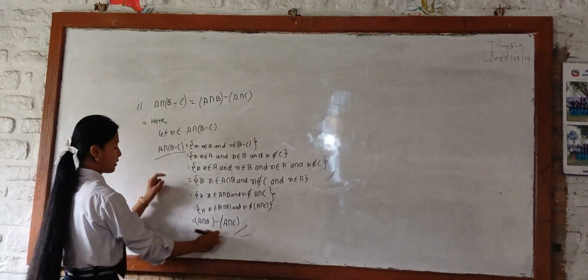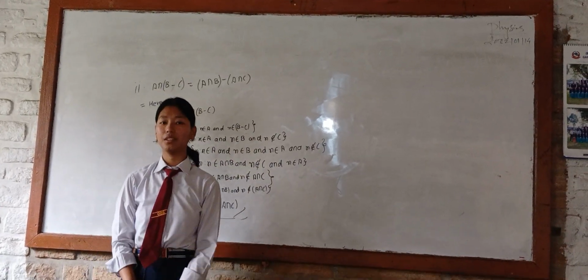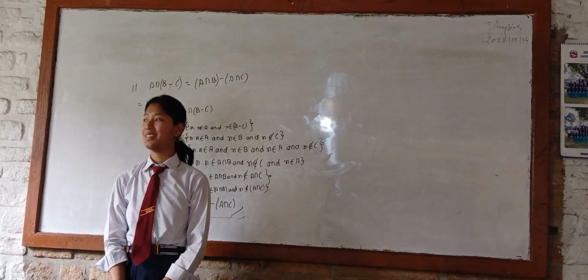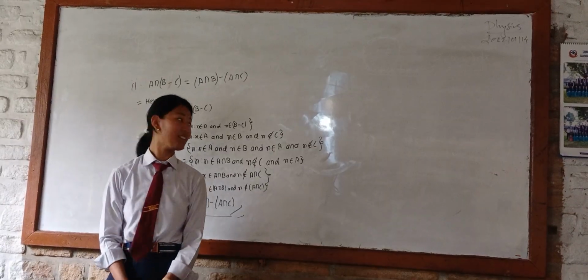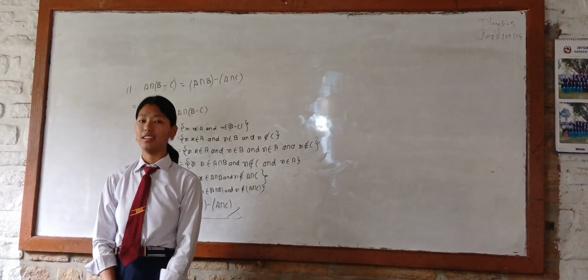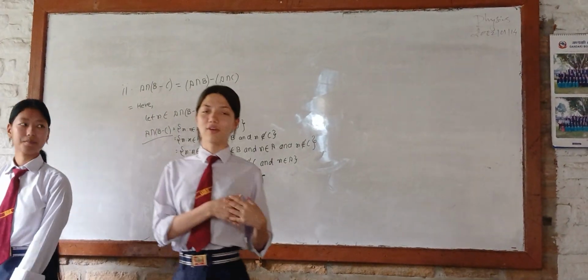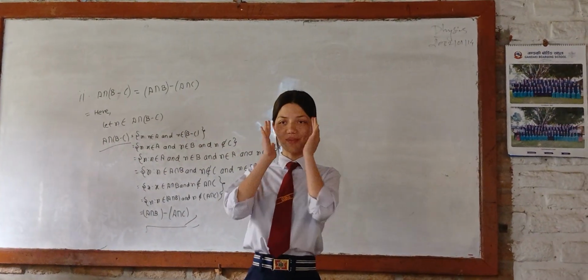Left hand side बाट right hand side भयो यो। थ्याङ्क यू। अब यति नै हो, दुई भयो होला हजुरहरूले।